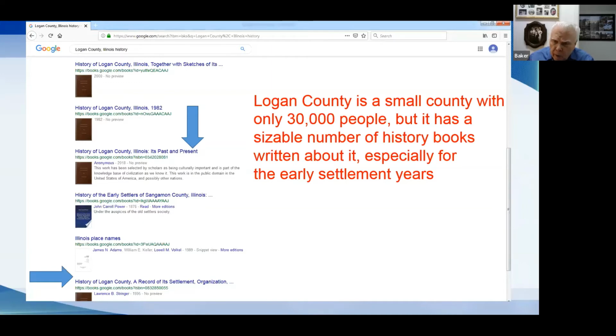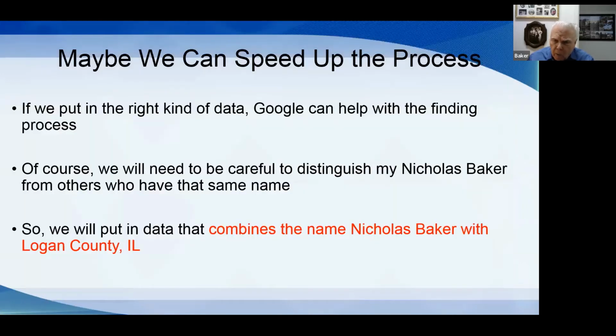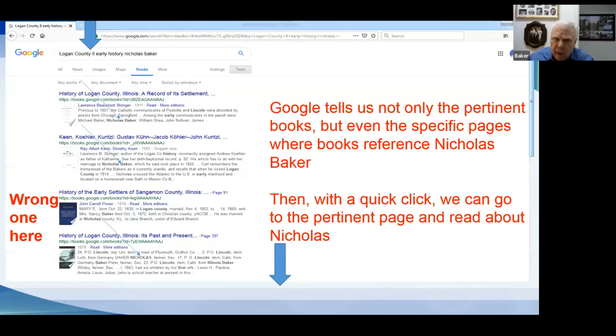So I want to now zero in on my ancestor, and so maybe we can speed up the process a little bit. This time we're going to put in Logan County and the name of my ancestor. So where the upper arrow is, I've put in Logan County, Illinois, early history, Nicholas Baker. And I got some good hits.